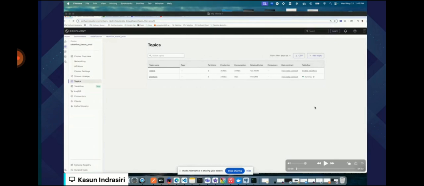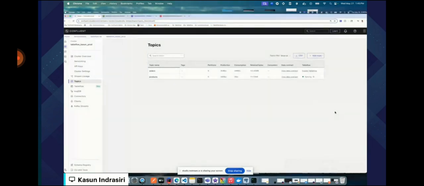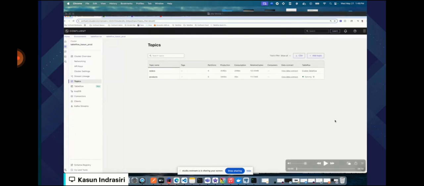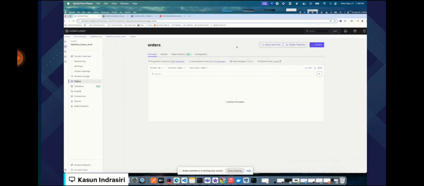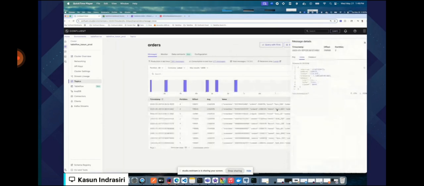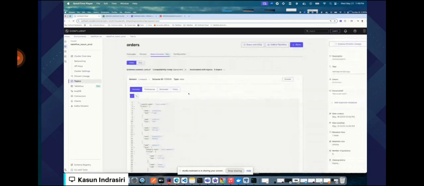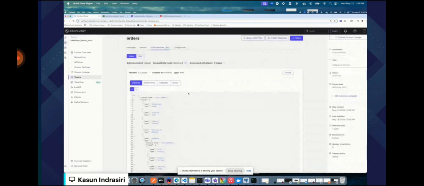Thank you. All right. So let me walk you through a quick demo of using Tableflow. As Josh mentioned, it is a feature that is enabled in Confluent Cloud. So here I have a Confluent Cloud Kafka cluster, and I have stored my streaming data in one of these topics. I'm using this ODS topic, which I continuously ingest my streaming data to. And this is one of the sample event payloads. And this is the Avro schema associated with the topic. So the destination table will be created based on the Avro schema.